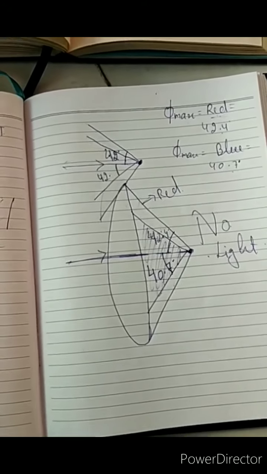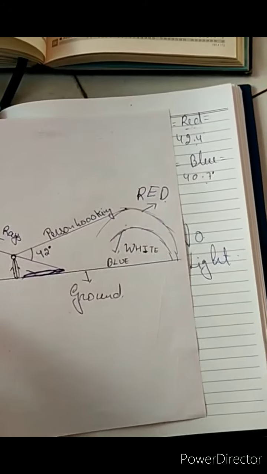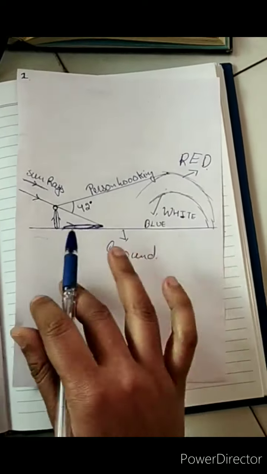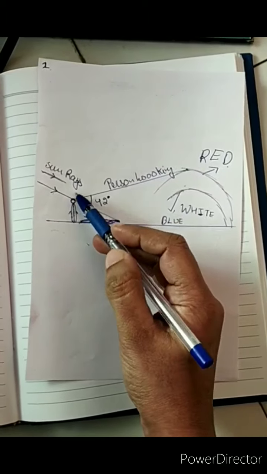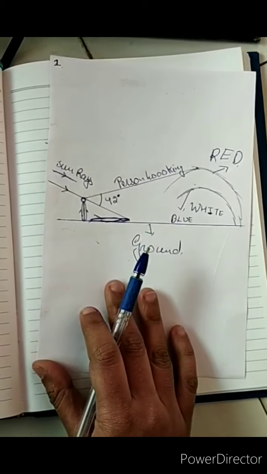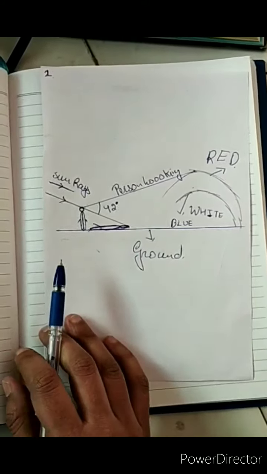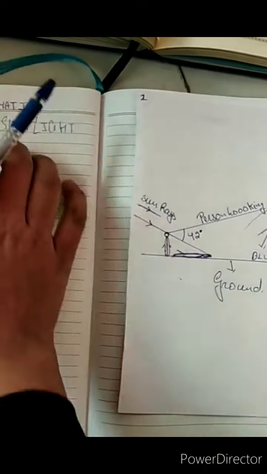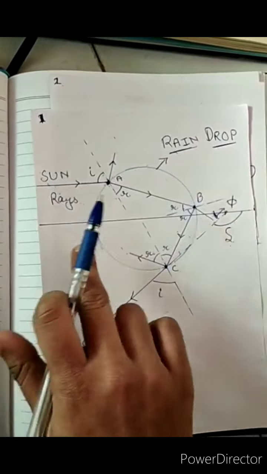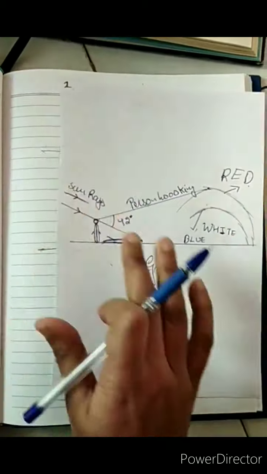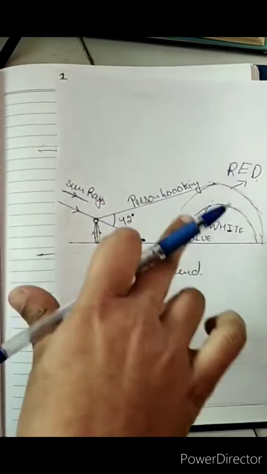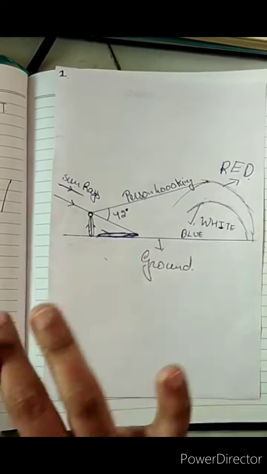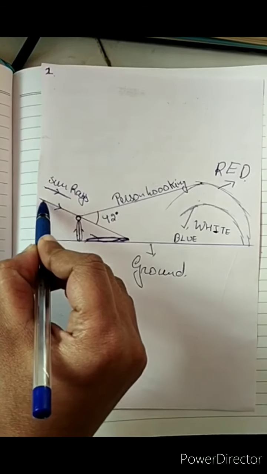So first of all I will explain you the physics, and then I will show you the video, okay. So what I have done, let's say this is a ground, and I was standing on the ground, okay. So this is my shadow, and let's say sun is in this direction. In this example we have taken sun at the horizon, but here the sun was here at that time of my experiment, and my shadow was on the ground, and this is, let's say, sun.